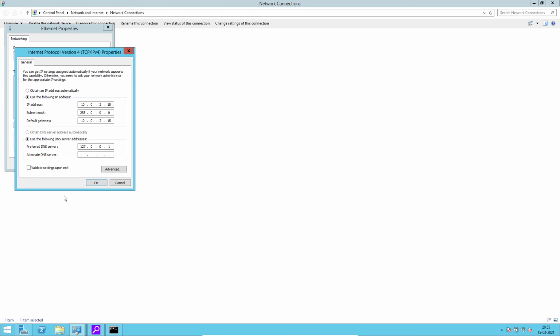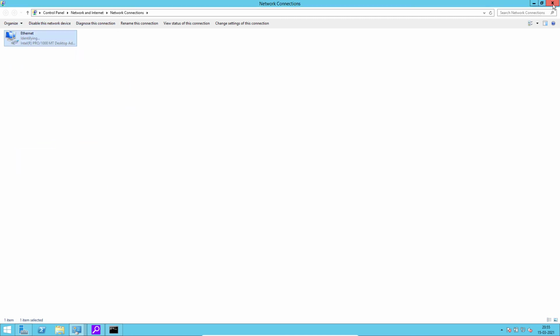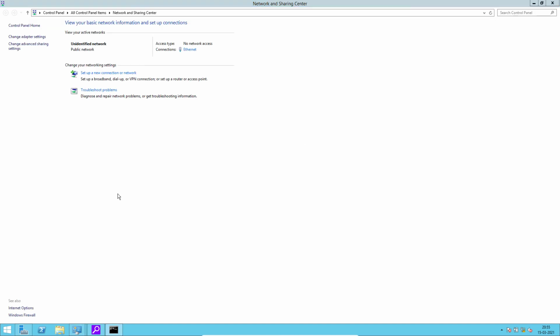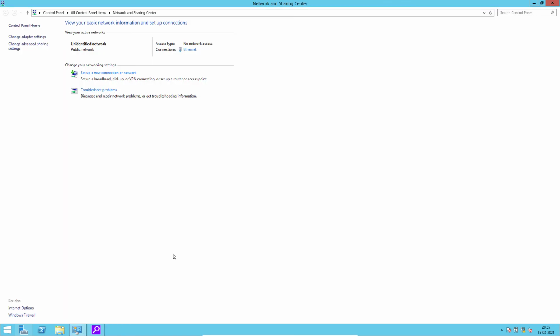Alternate IP address you can leave, click on OK. Again close. Now we have statically assigned your virtual machine IP. Okay, it is recommendable that you restart your machine after doing this settings.